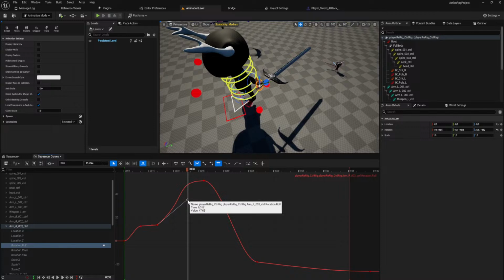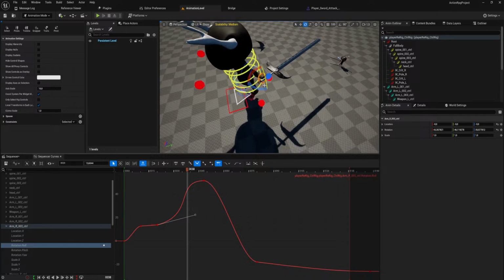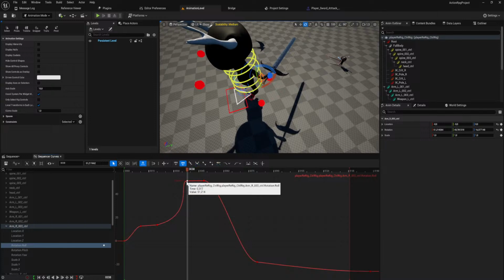Well... yeah, that's doing kind of weird stuff because I have this open, I think.